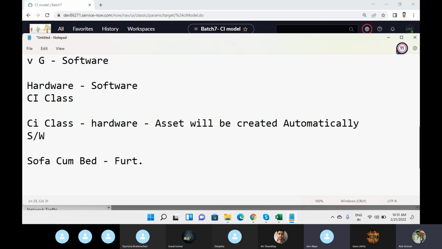Now this is what ServiceNow says, that there is no need to create any new CI class. Don't go and create a sofa-cum-bed as a new CI class. No. Better use the very, very, very closest